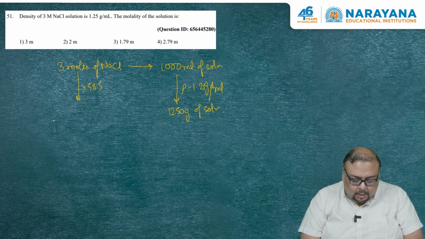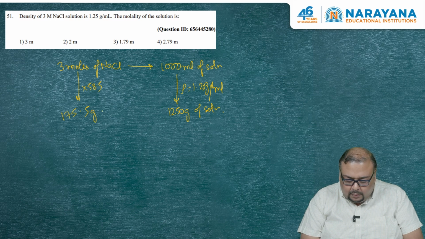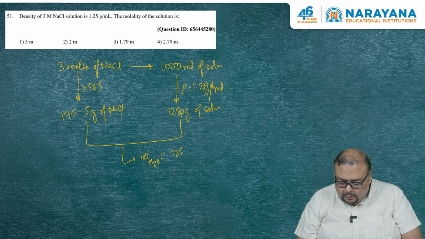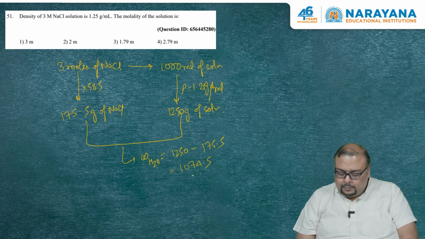So if you multiply it, you'll get 3 times 58.5, which is 175.5 grams of NaCl. Now, what is the weight of the water? Weight of water would be 1250 minus 175.5. That would be 1074.5. Okay,